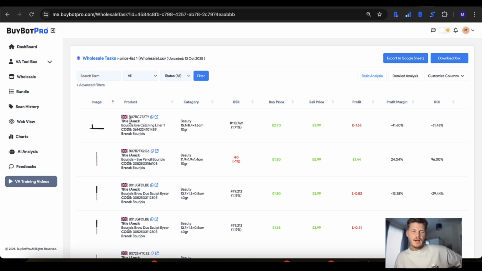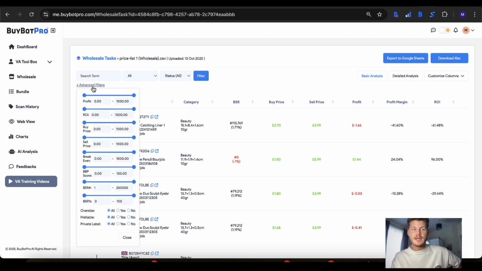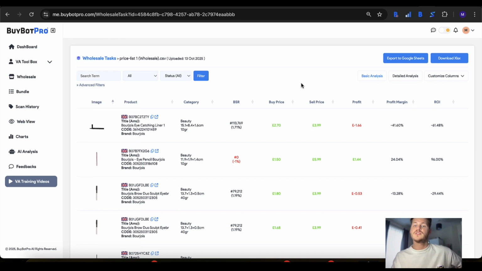Is there an easier way to find the products that I want from the wholesaler? Now, the answer is yes. There's numerous ways that we can do this. You've no doubt seen the filters, and you can, of course, adjust the slider and you can enter in your own specified amount. So you can narrow down the exact range of items that would work for you using the filters. What you can also do as well is sort by